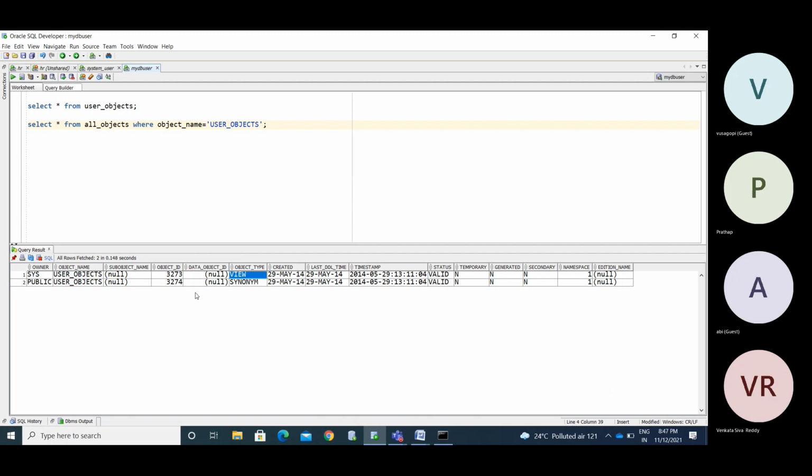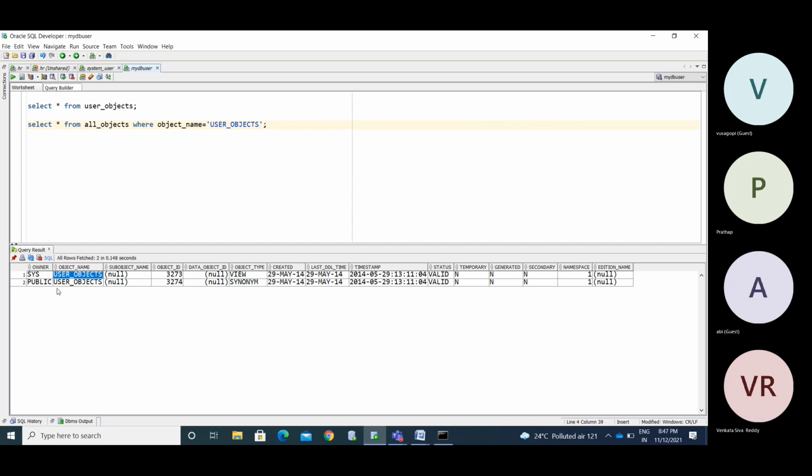SYS user also created the object synonym as a public one. He created a view for user_objects, and on top of that user_objects he created the synonym as a public synonym.